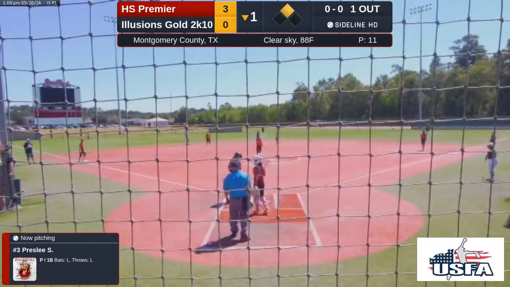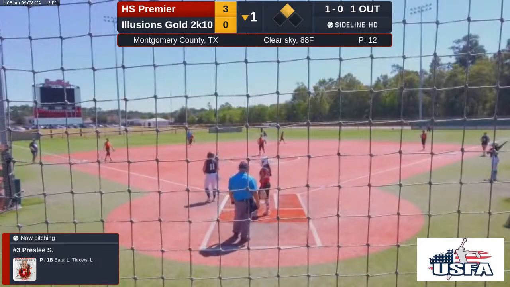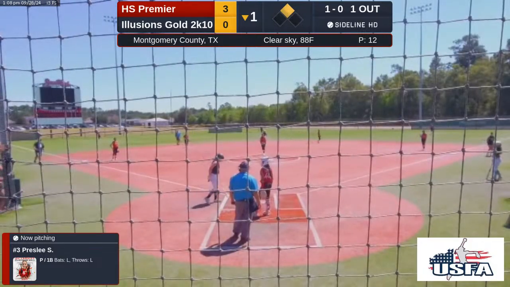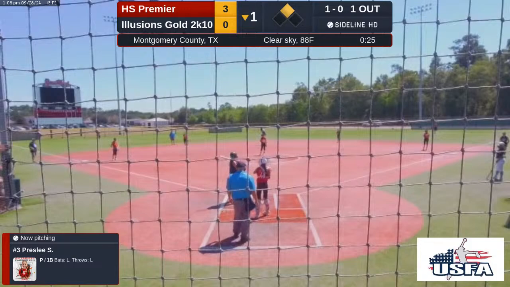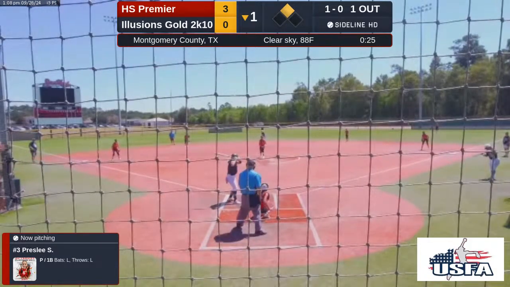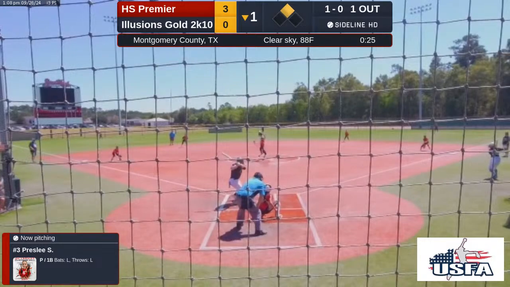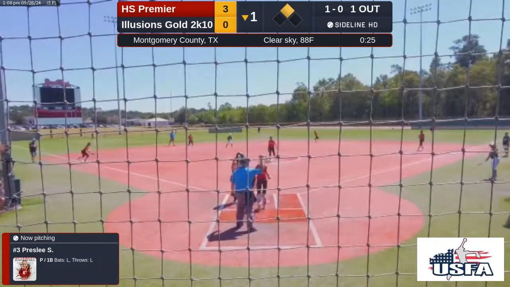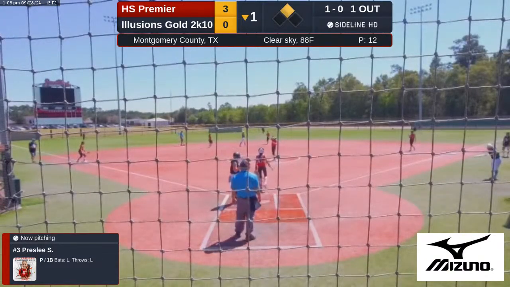First pitch is up, ball one. It's a good looking pitch down in the zone. 1 ball, 1 strike.